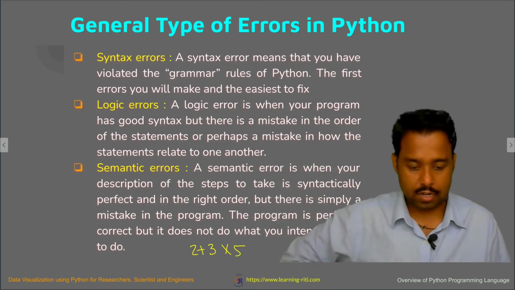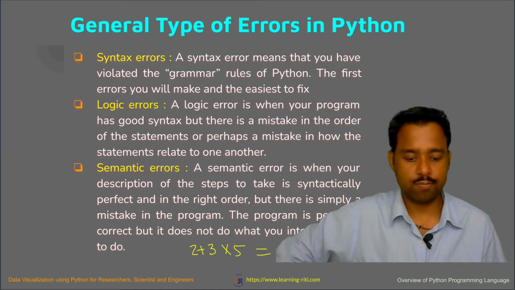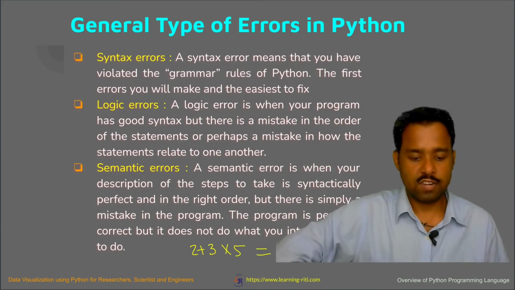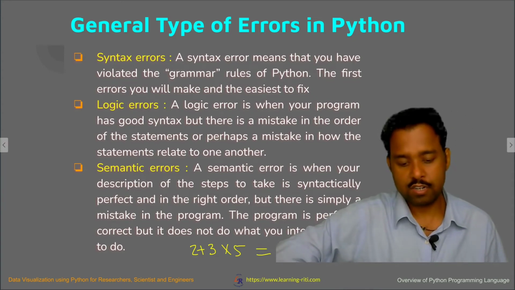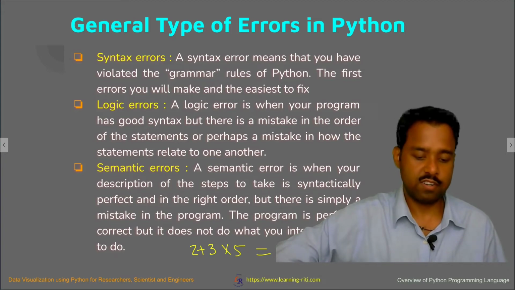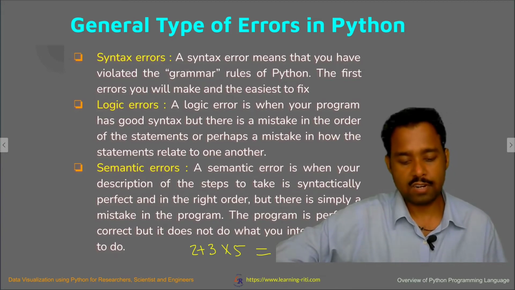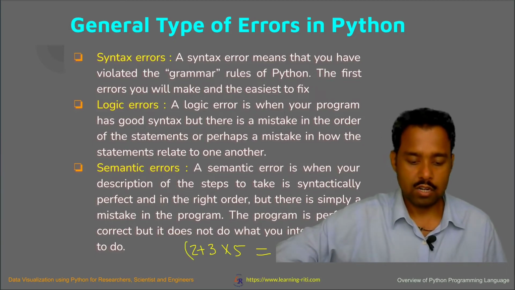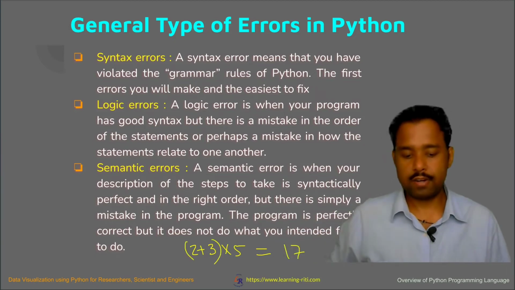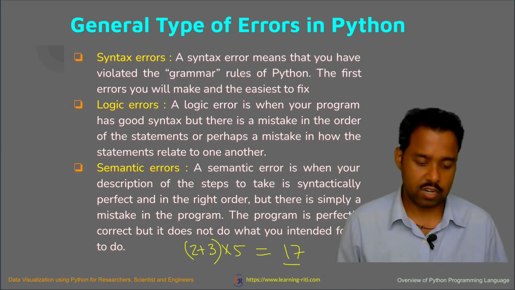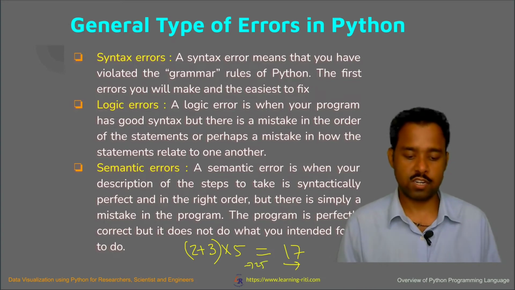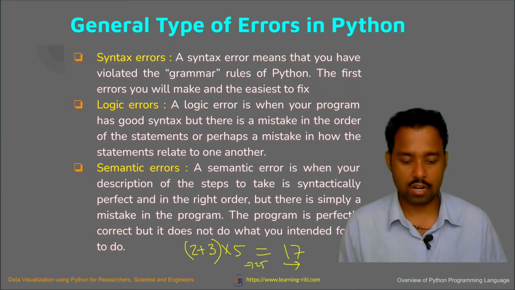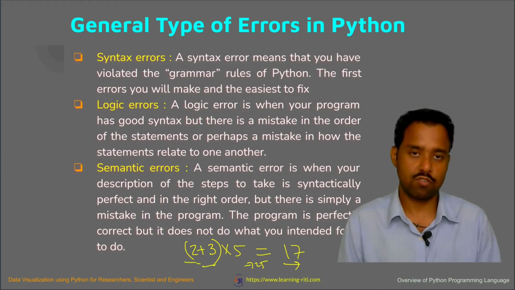Say you want a result and you expect it to be 17, right? But you have made a slight mistake. Though the code and syntax are correct, you just put a break here, and then your expected result is 17, but you are getting 25, right? Everything is correct and it is executing, but you have made some small error, like in the brackets in the equations you are following.